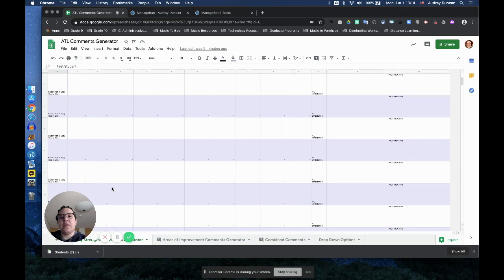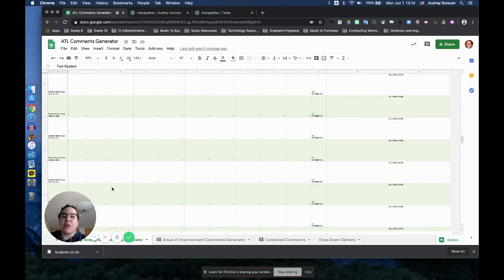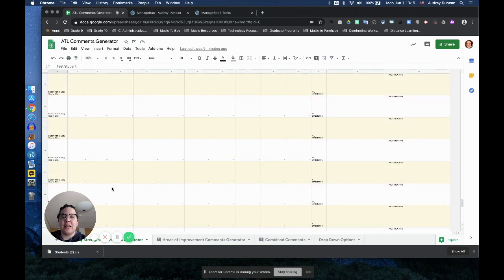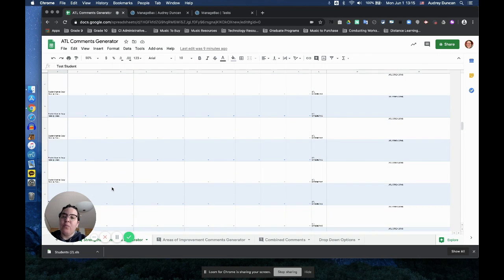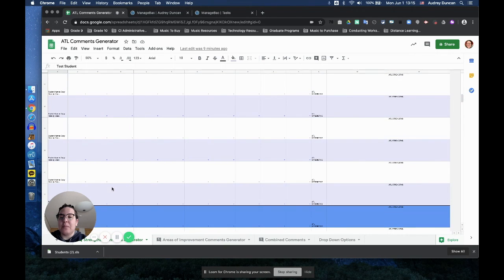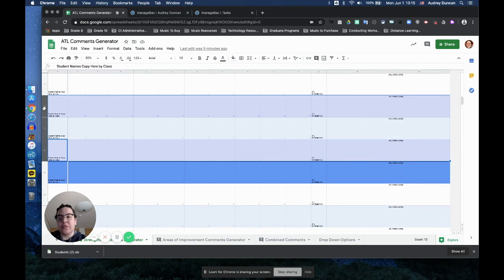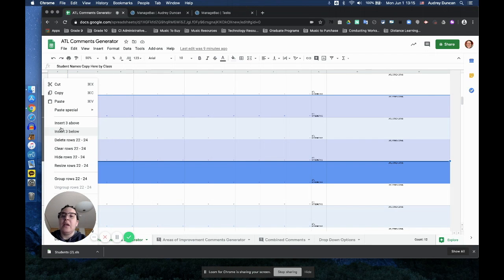You'll notice that the classes are color-coded here by the electromagnetic spectrum. So we've got 5 classes here with their own special colors alternating, so reading is easier. And there are 25 seats per class. If you have more than 25 kids in your class, good on you, number one. That's amazing. And then 2 is you're going to want to add rows for the additional students or chairs that you need in the class by selecting the bottom of whatever class there's more than 25 in, and then inserting